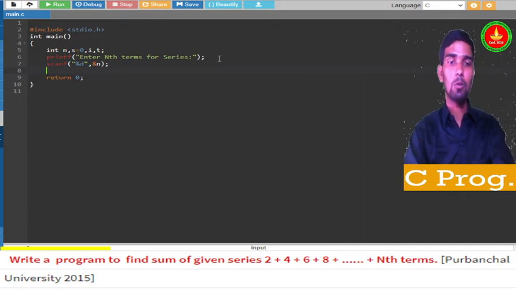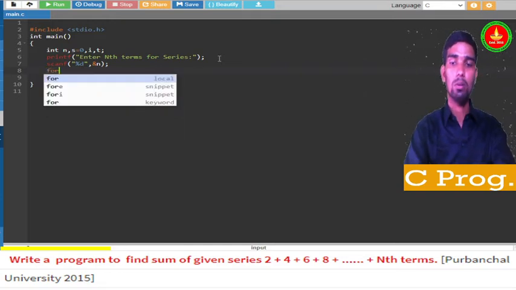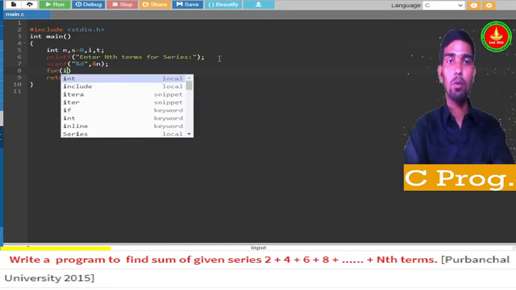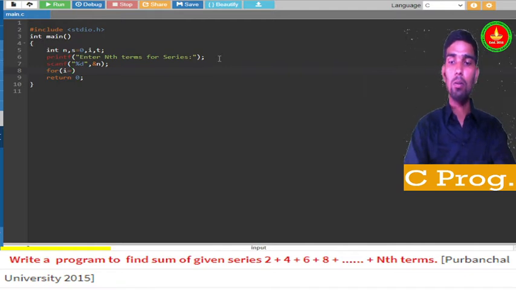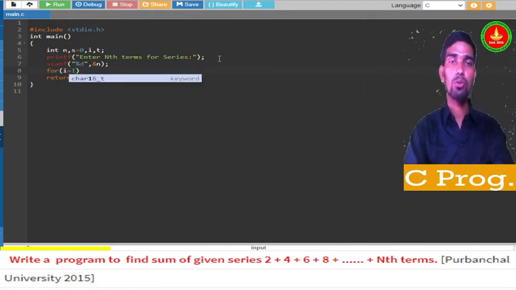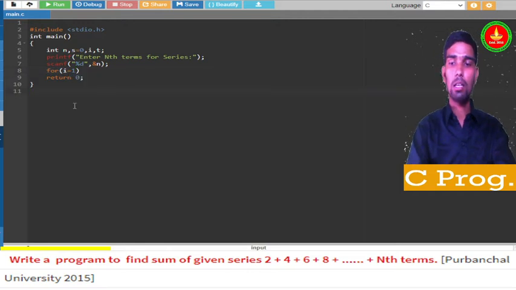And now I have to do the sum of the even series. So we do one loop with i equal to 1. From 1 we will start, because the series numbers are 2, 4, 6, 8, 10, right?